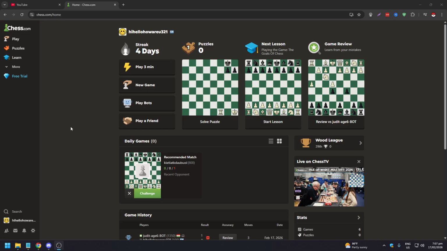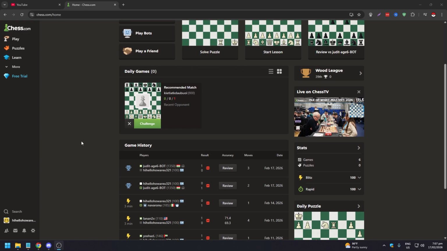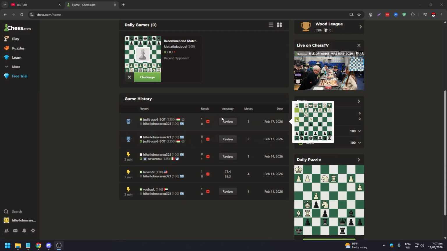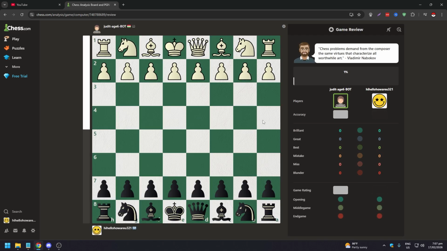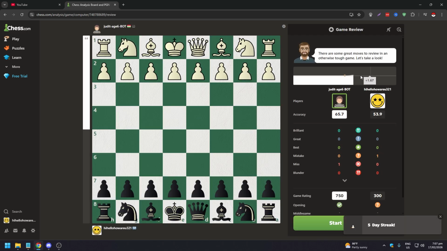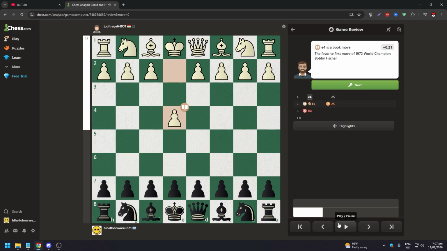All you need to do is, of course, be logged into your account and go down to game history, and you're going to have an option here that says review, right? So you can just click on review like so. It's going to bring you to the board that you want to review. Wait for it to load. There you go. And then click on start review,